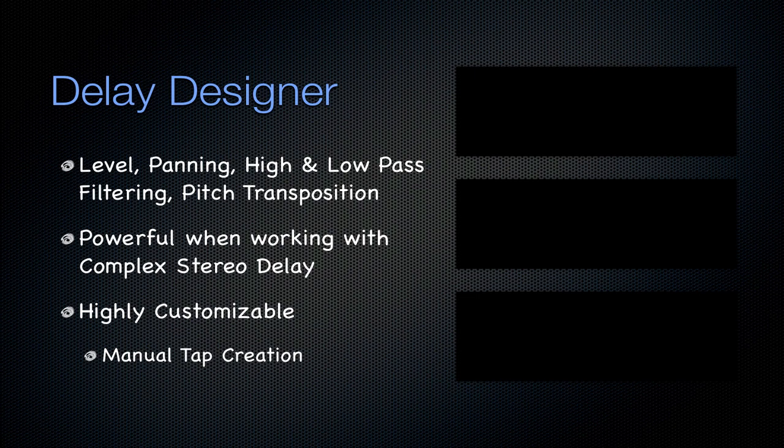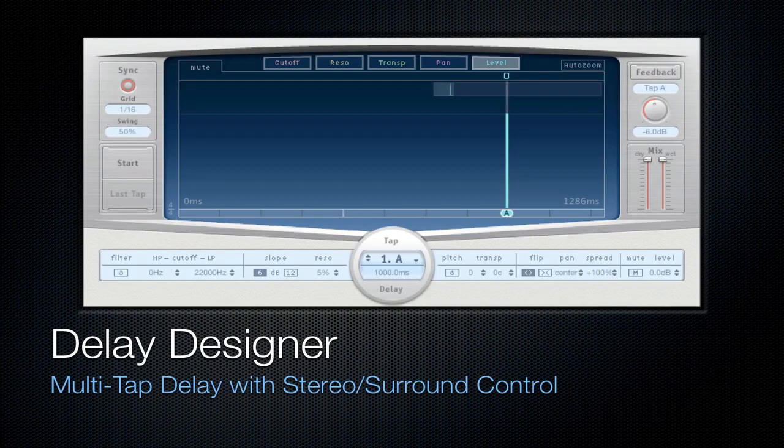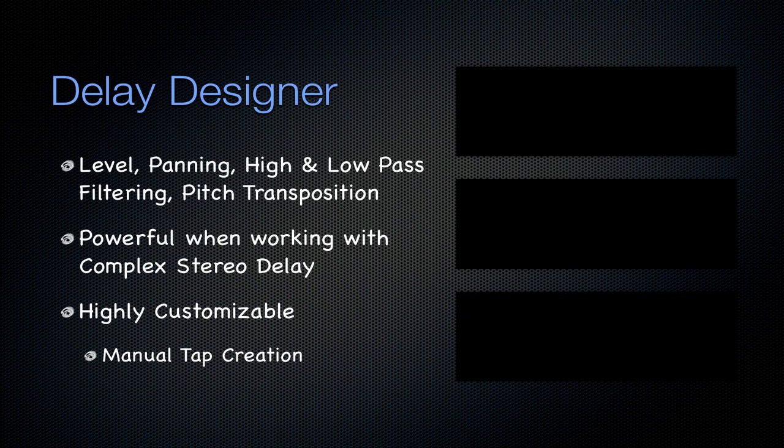Okay, so in a delay, you have your original signal and then your delayed signal that comes in at a certain frequency. A tap is that point where the original signal will be delayed. So as you can see from the picture here, there is one tap inside of the Delay Designer that I took a picture of, and it's labeled A. For each tap, you can